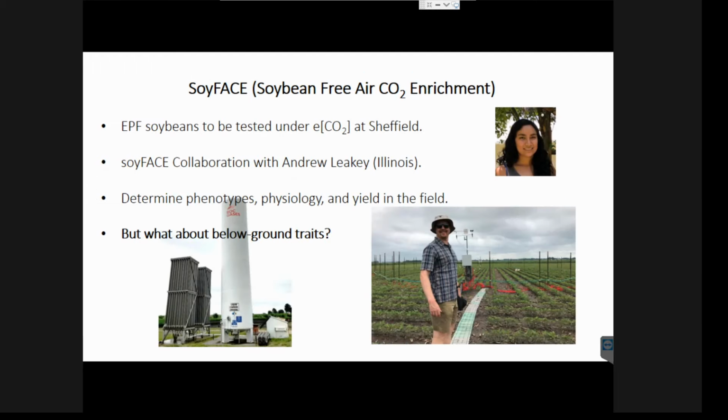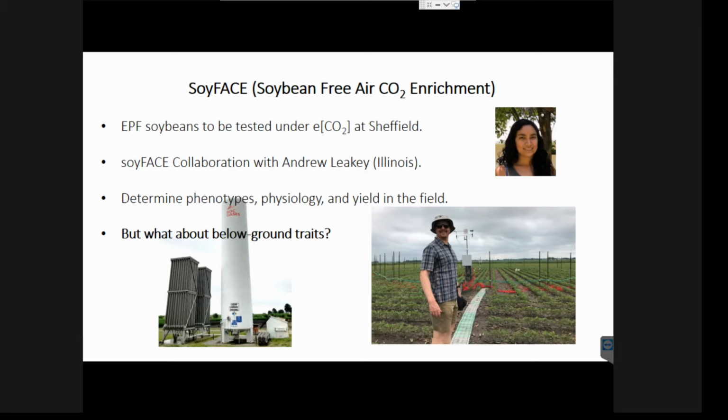But once we get these overexpressors, which should be early next year, we hope to then test them in elevated CO2, in water deficit conditions, and then hopefully in the field in FACE experiments in Illinois to determine what happens in a more kind of agronomic situation. And this, we hope, will be maybe completed, or early stages completed by the end of next year. And this is Brianda, one of our master's students, who's been helping looking at the common bean and soybean genotypes that we're making in Arabidopsis and next in soybean.